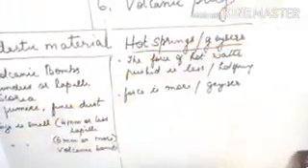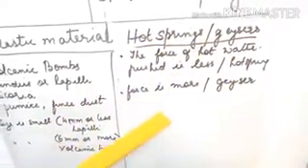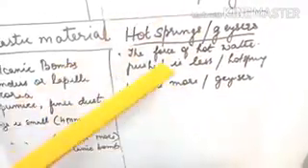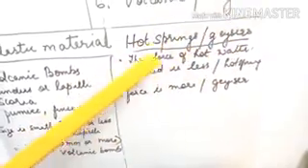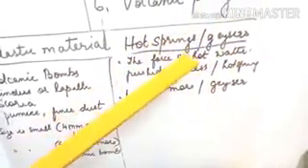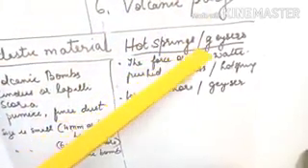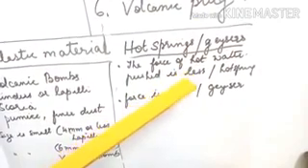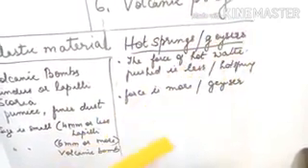Now here let us study about hot springs and geysers. What are hot springs and geysers? The water which is accumulated near the magma chamber gets heated up. When the rock is heated near the magma chamber, all the rocks get heated up. So the water inside the earth which is close to that rock also gets heated up. When it is superheated, it forms heat and gushes out the water outside. When the hot water is pushed out very slowly, with very little force, it is known as a hot spring.